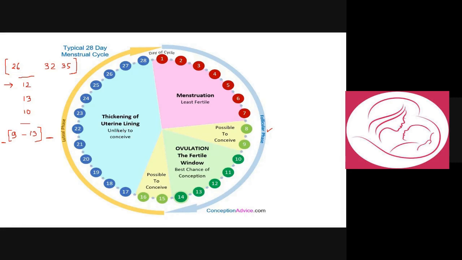That's why people who do not want to conceive, who want to prevent pregnancy, try to have sexual activity in this phase so that they do not conceive. But for most of you who want to conceive, this is going to be a fertile window. So now